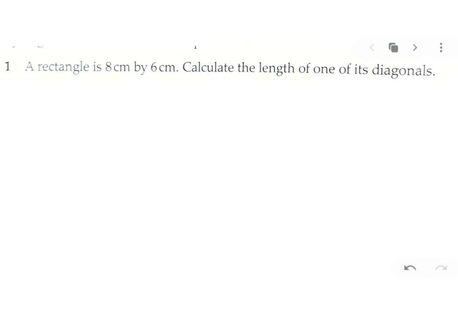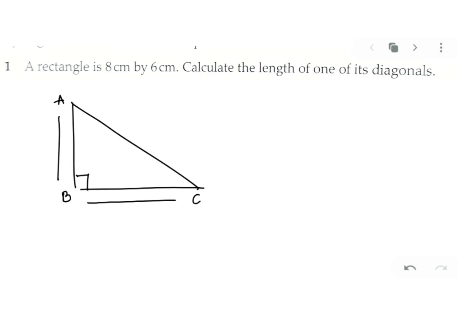Now what is Pythagoras? Let's see first. Suppose I give you a right angle triangle ABC. Can you see B is 90 degrees? So this type of triangle is called a right angled triangle. In that, AB and BC are the normal two sides. AC, which is opposite to the 90 degree, is called the hypotenuse.